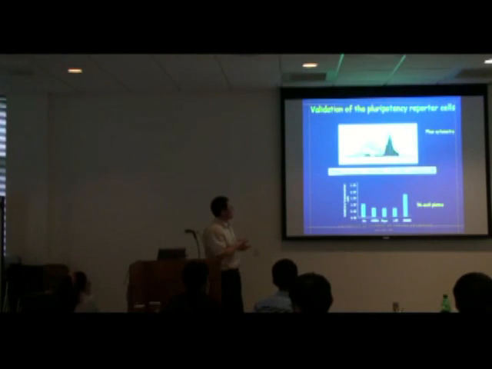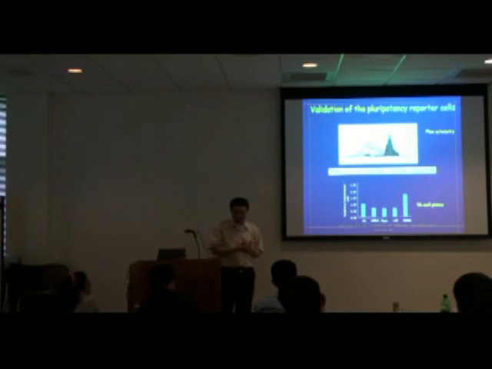This is to show that this reporter is working, and all these chemical compounds that are known to downregulate OCT4 work in our assay. The reporter is really good, it works really well. Before we apply it for large-scale screening, we showed that this is feasible too. If you put the cells in a 96-well plate, you can detect the changes just by fluorescence readers, and you can see these changes.